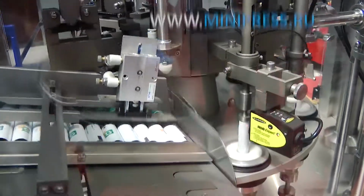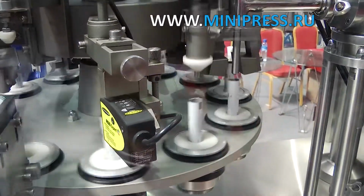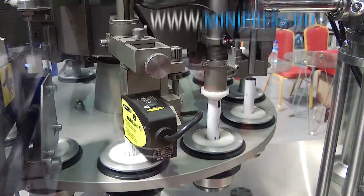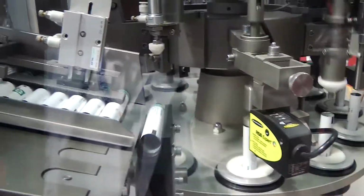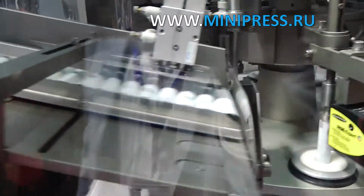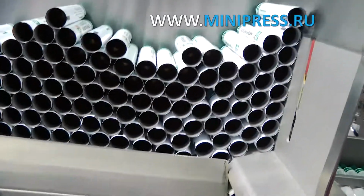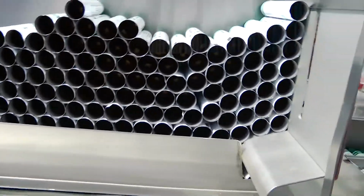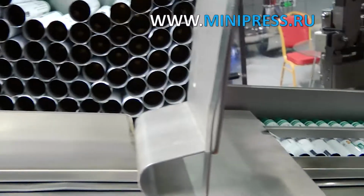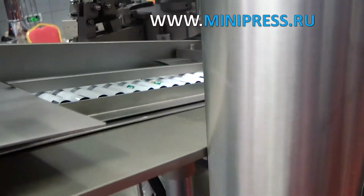In the end I came to the conclusion that I would not be able to choose equipment for filling tubes on my own, and decided to turn to a specialist. I needed a professional who would give complete information about the machine, its capabilities, to test on the equipment tube with our ointment, talk about the terms of delivery. It was originally decided not to consider Chinese intermediaries, since Chinese manufacturers often have their own direct representatives. I did not want to go through this stage all over again, so I decided to turn to Russian intermediaries